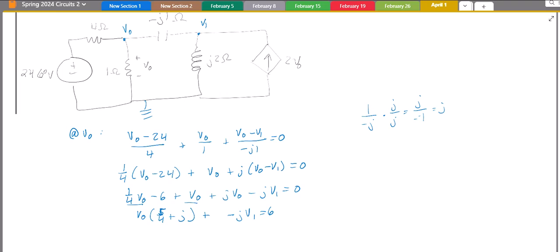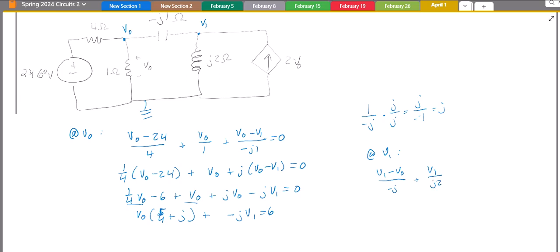I think that's right. Okay, and then at V1, I have (V1 minus V0) over minus J plus V1 over